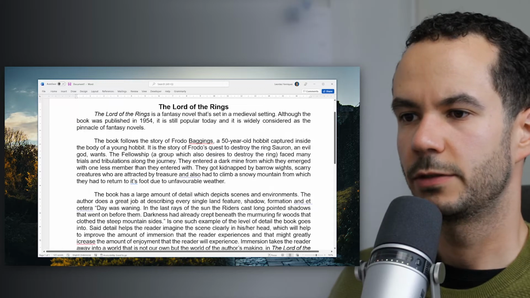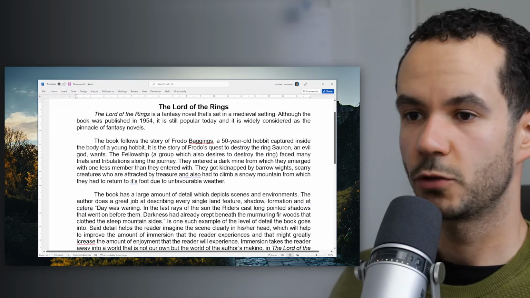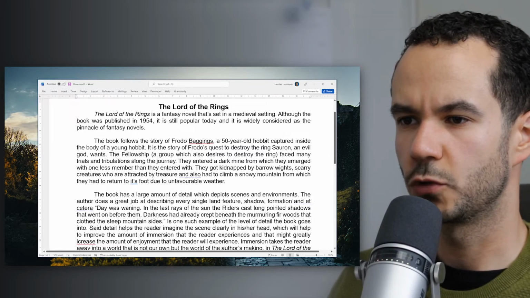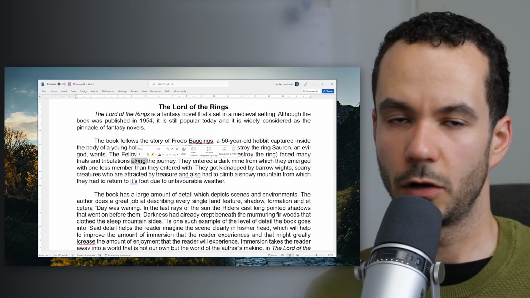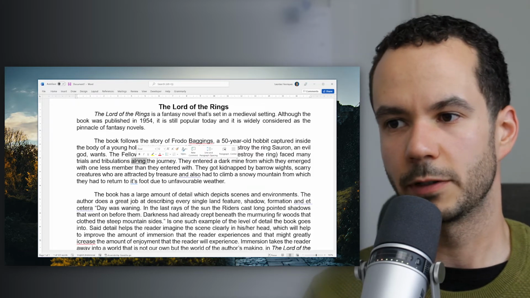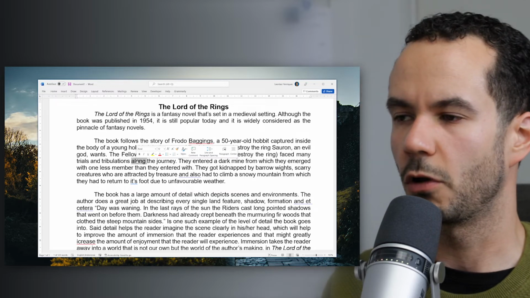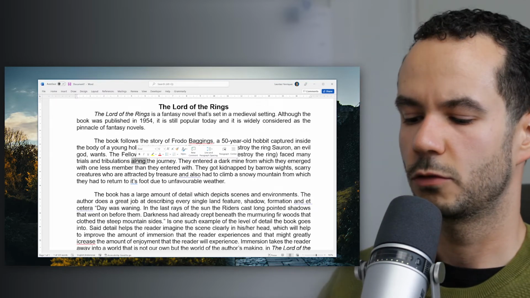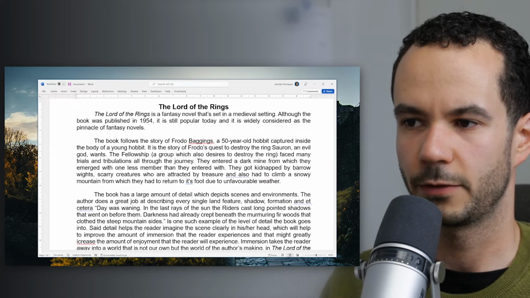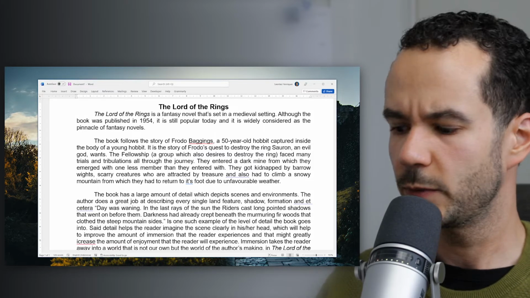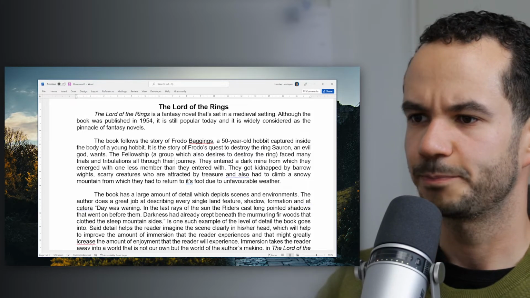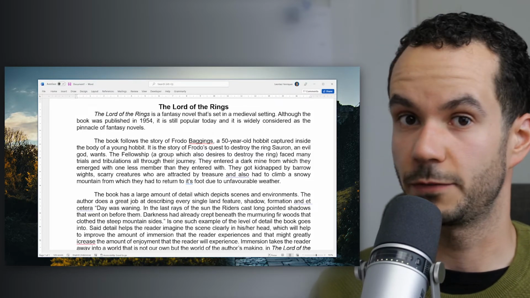And then we can say that they faced many trials and tribulations along the journey. We don't use along here because along is usually used with locations and journey is not a real location. So we don't use along, and we can change it into all through the journey. And I think we can even say all through their journey, because we talk about a specific group of people,